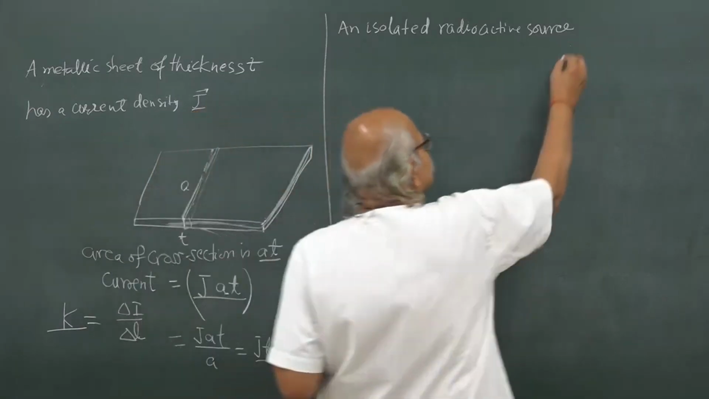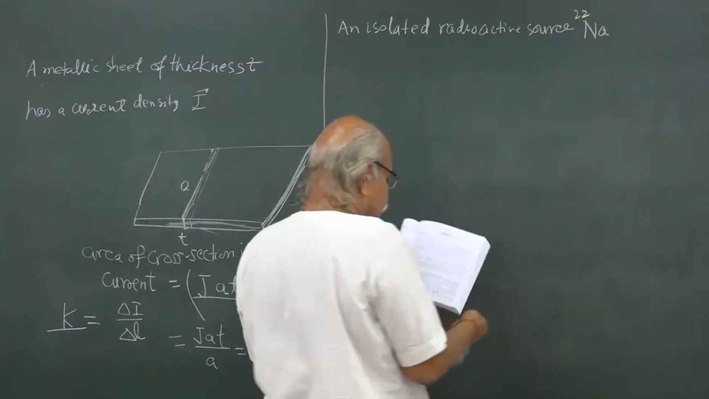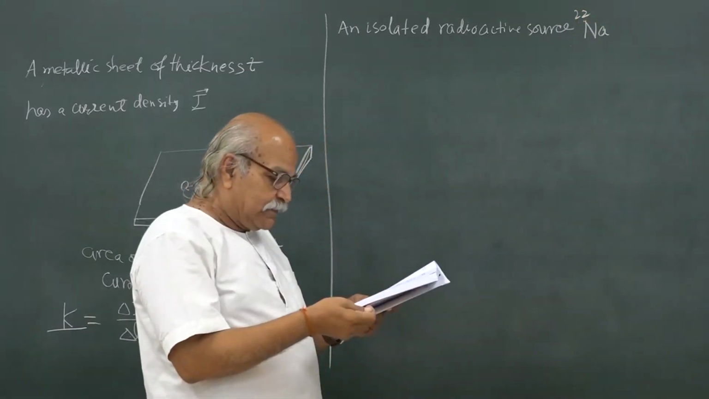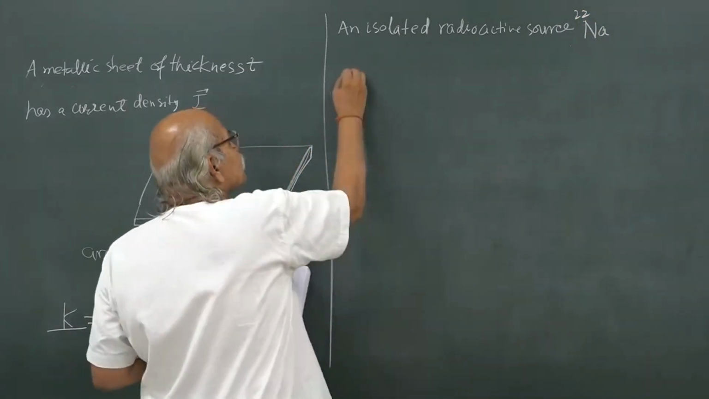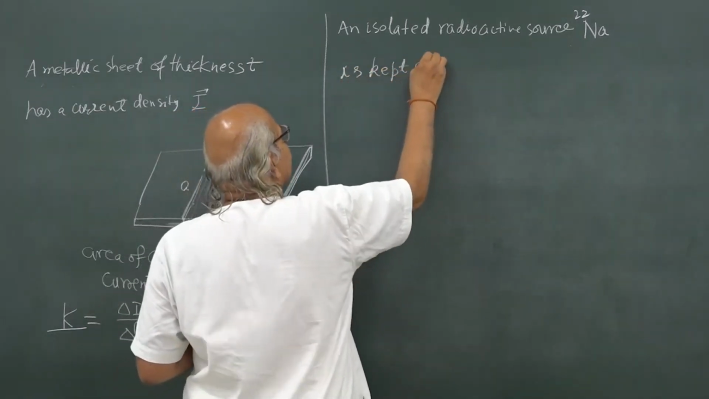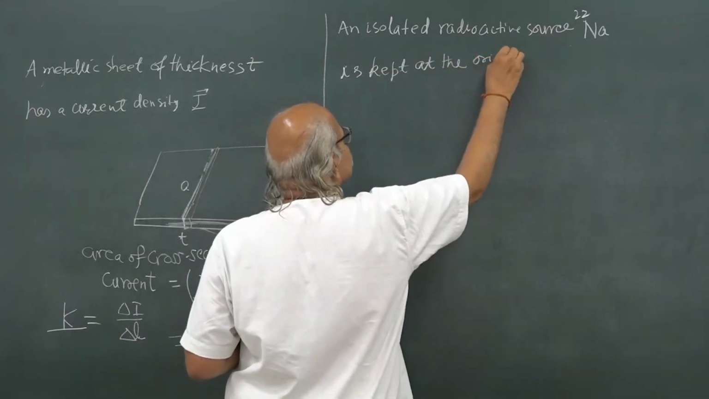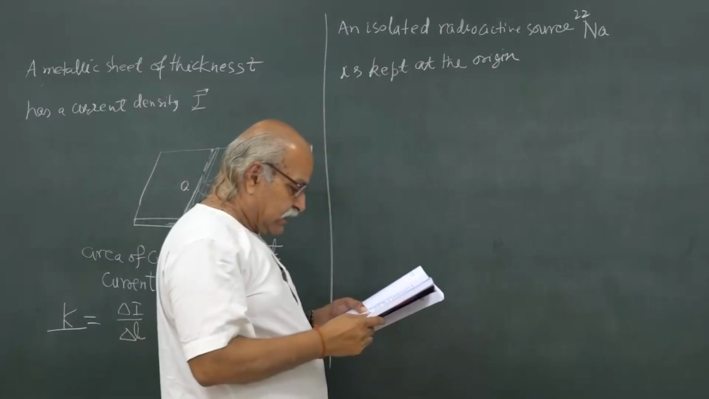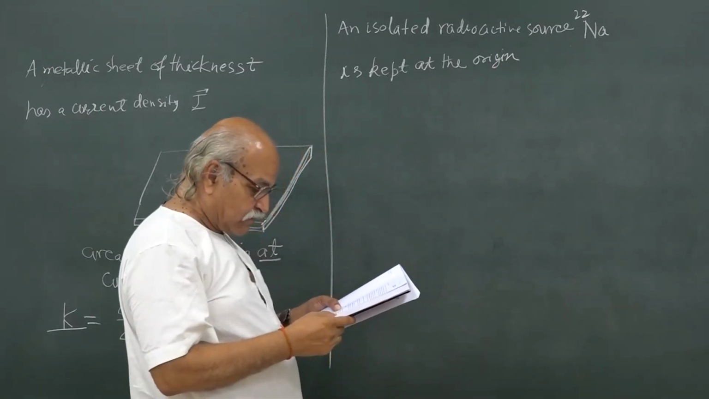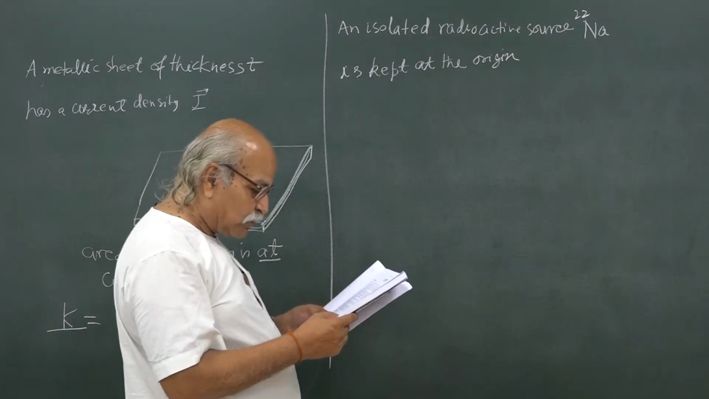Sodium 22 is kept at the origin and emits positrons isotropically